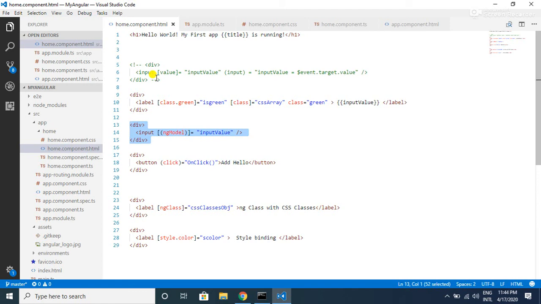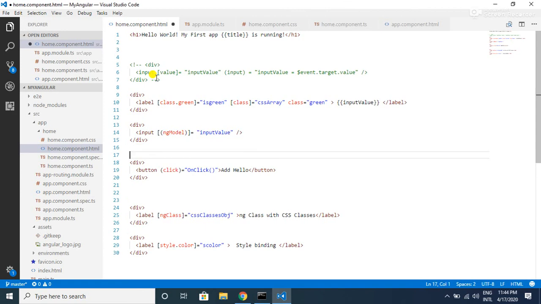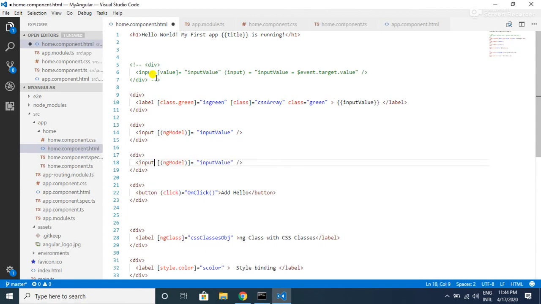So this syntax is a short form of the above one, that is the property binding and event binding together. So internally Angular desugars this syntax into like this: ng model property binding is equal to input value, and also ng model change as the event binding is equal to, again, input value is equal to $event dot target dot value.